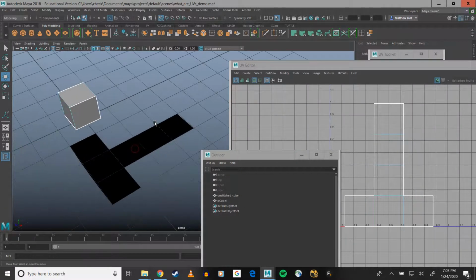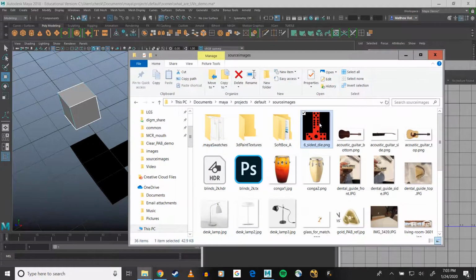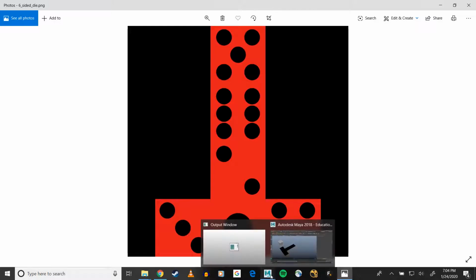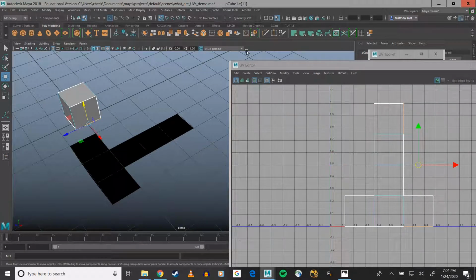Hopefully, that drives that whole concept home rather well of how UVs get unfolded so that we can map an image onto them. Now, I have this image, which you likely spotted already, of the 6 sides of a die that then get mapped onto the cube. So, if we go back into Maya, I look at my cube,